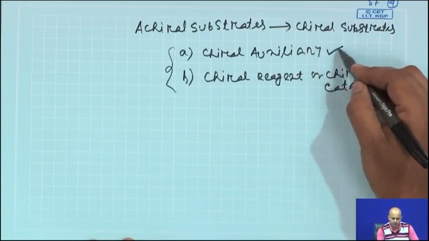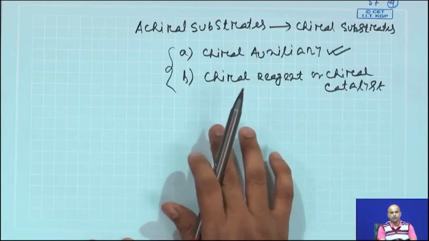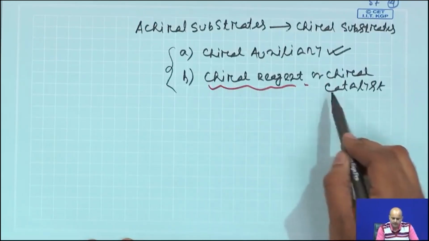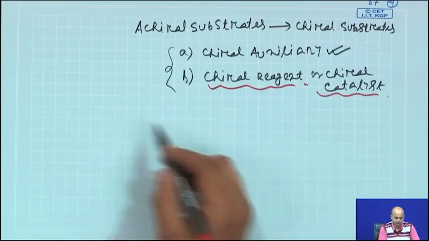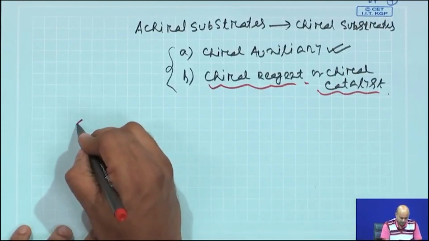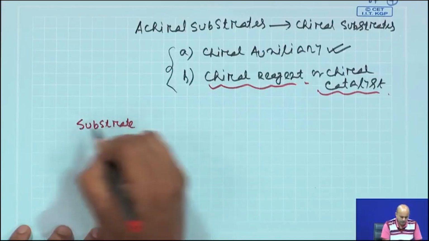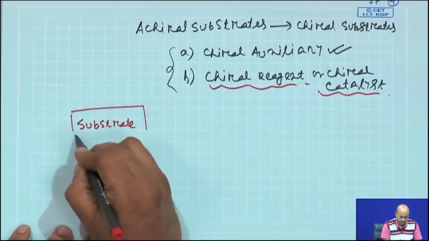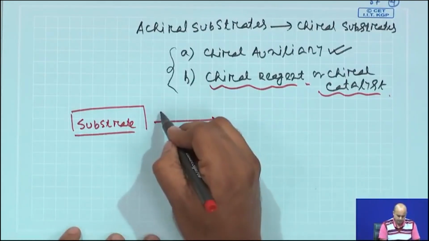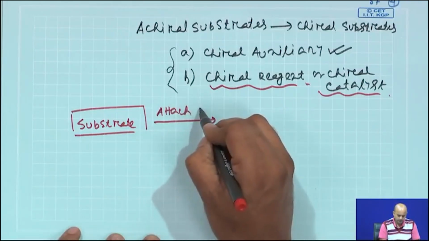Now, we will try to focus only on the chiral auxiliaries, because we do not have enough time, and people who want to put more emphasis on this can attend an advanced course on asymmetric synthesis. So, for chiral auxiliary I will try to give you a schematic view. If you have a substrate which I am saying is achiral, first you attach an auxiliary